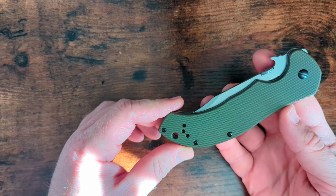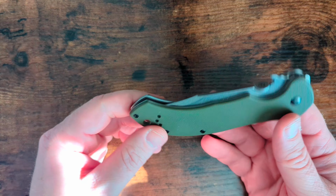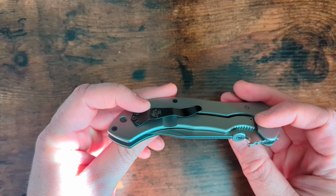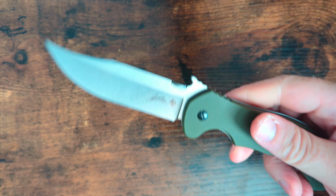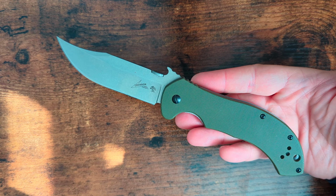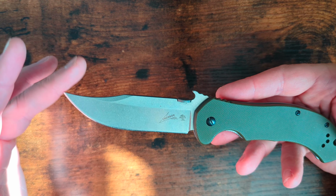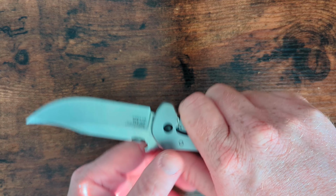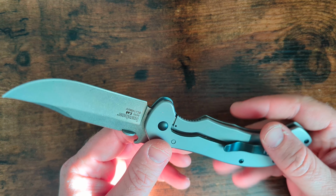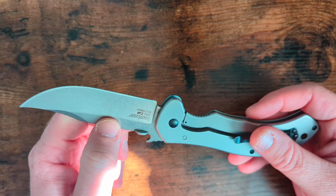All right, next on the list is the Kershaw manufactured Emerson design CQC10. It is a cool knife. Great looking clip point there. It is a hunting design by Ernest Emerson, and this is a frame lock 8CR14MOV steel